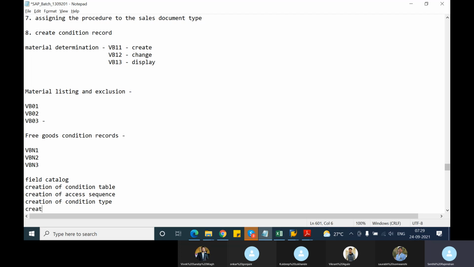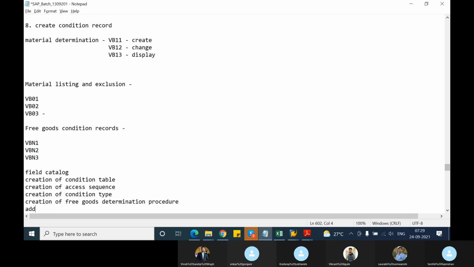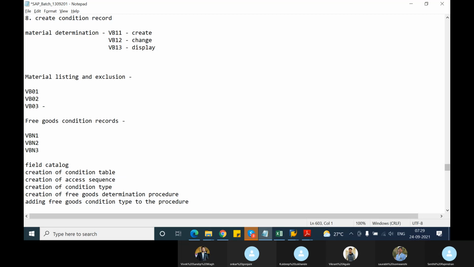And then creation of the free goods determination procedure, adding the free goods condition type to the procedure. Then free goods determination,